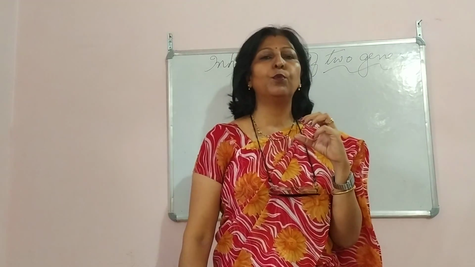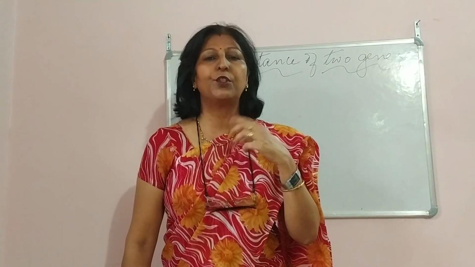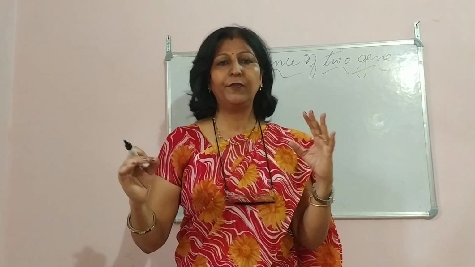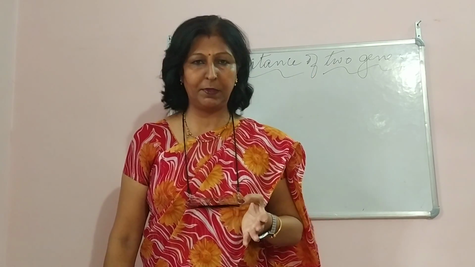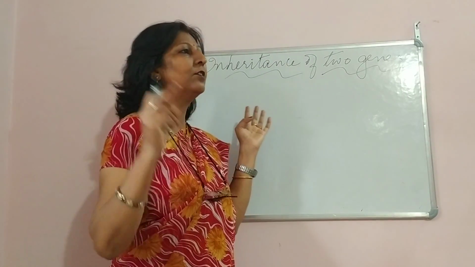Now children, when you go through the book, you would come across different words. Okay, factors, traits, characters, these are all the same. Okay, don't get confused over it. So those 7 characters which I said, 7 traits can be said. It can also be said as 7 factors, 7 traits, 7 characters. So here, now that time we studied only height.